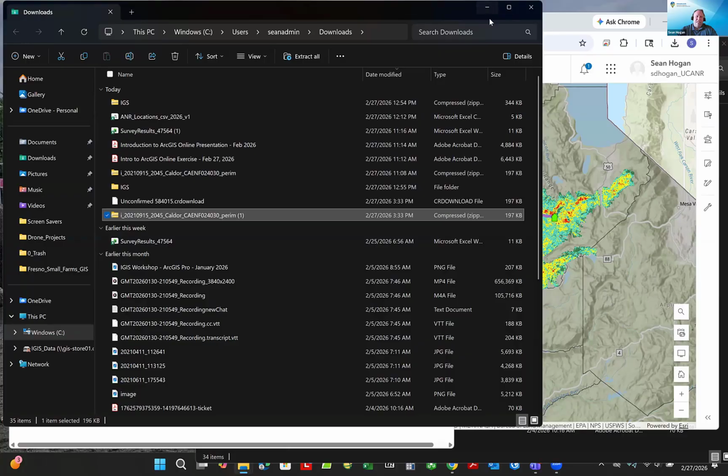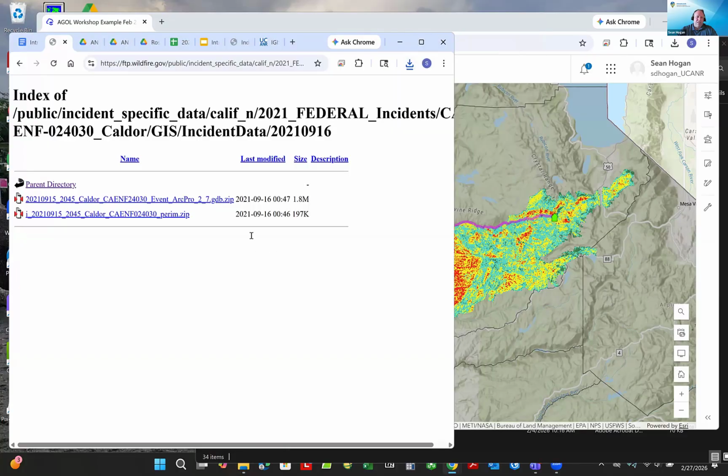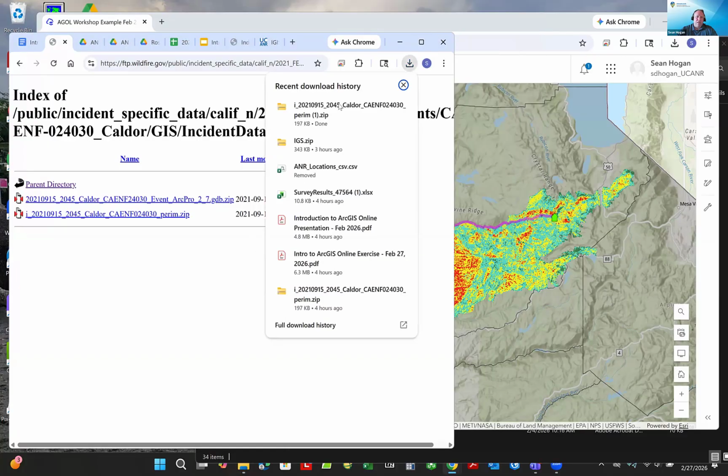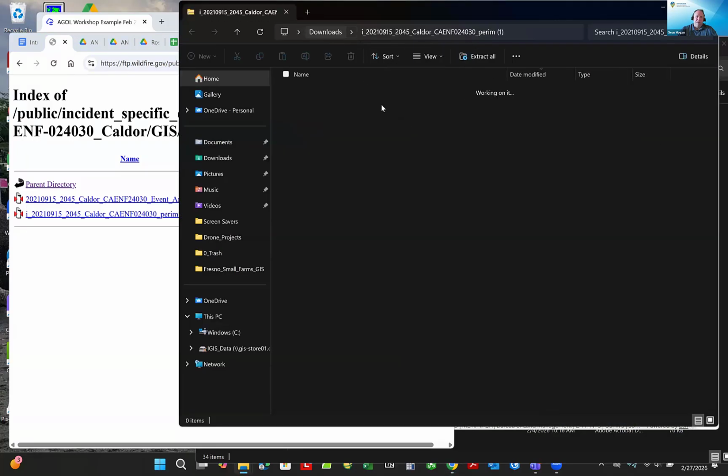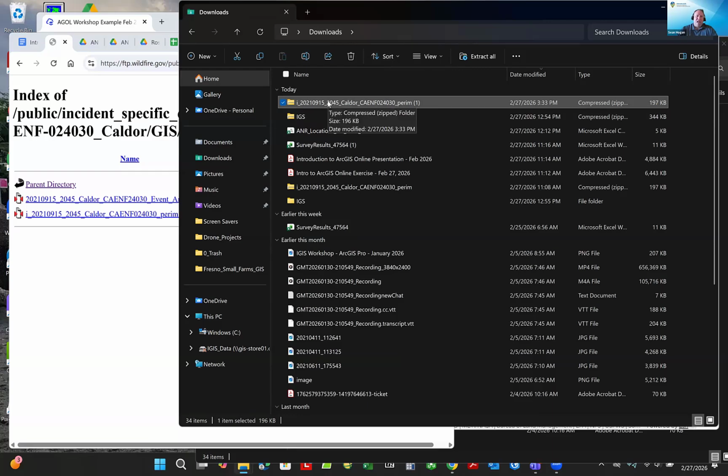So what I did is I just downloaded it, and it went to my downloads automatically. I go to that folder. Oops, go into my folders. I'm just going to show you what's inside of it by double clicking it. You could unzip it, but don't. The way it is is fine. It's perfectly good for what we're going to do. By the way, I'm going to copy the name